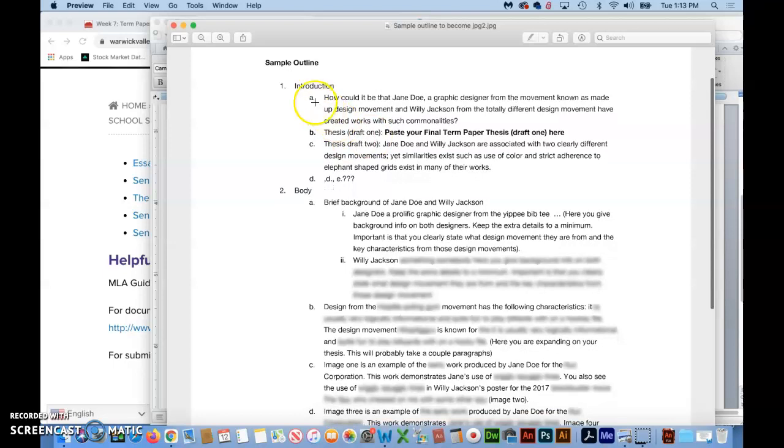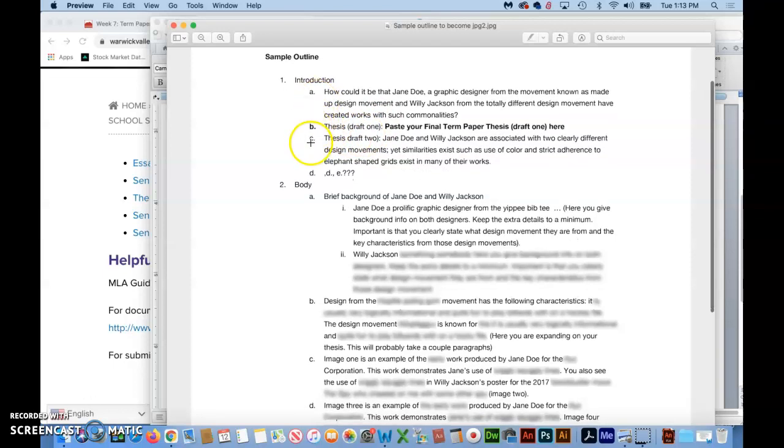So that's why we do it in an outline form: we just outline the things, like saying, okay, this is roughly what I'm going to say for the introduction, and this is pretty much exactly what I'm going to say for our thesis. Now, what we're doing here for the second and third points is we are first showing our original draft 1 thesis, and then we're going to show draft 2.